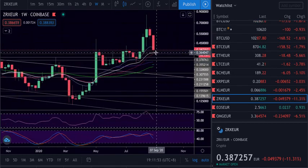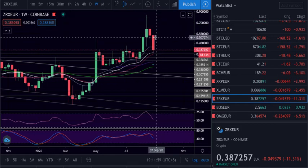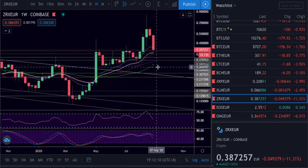CRV came to test the 21. Until now it held. Let's see if it keeps holding and pushes higher again, at least to here, to this wick and to this area, to the 50s. And if it doesn't pass, I think it stops